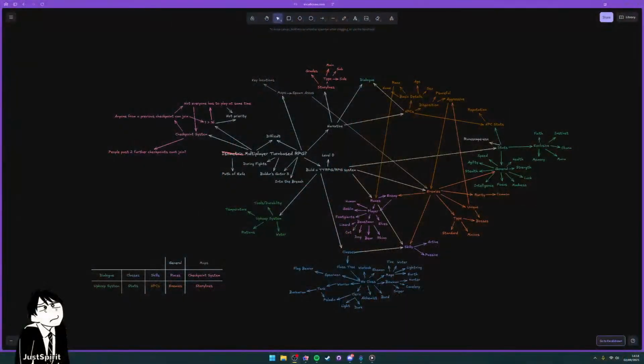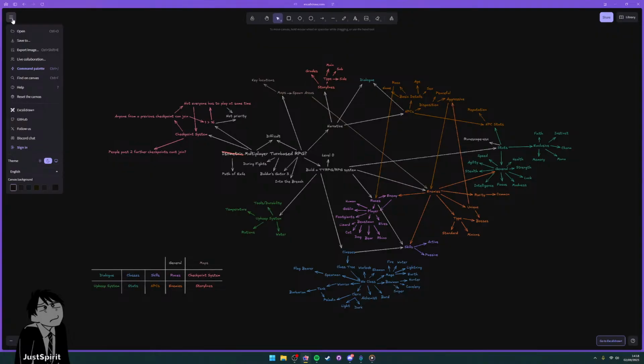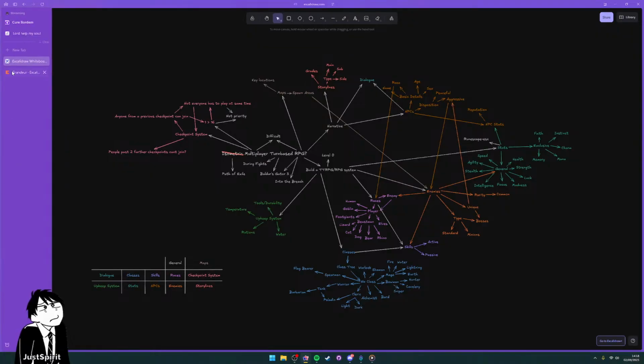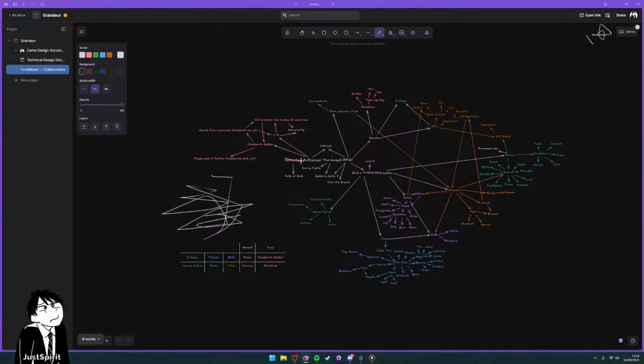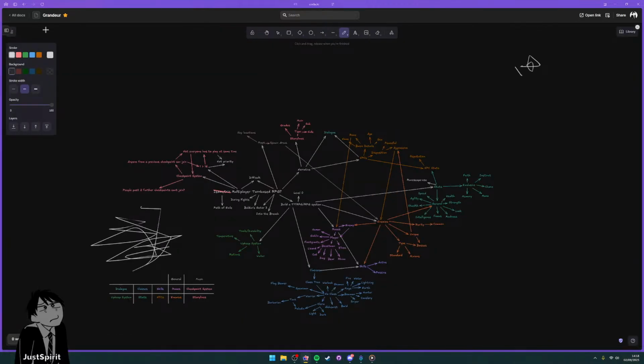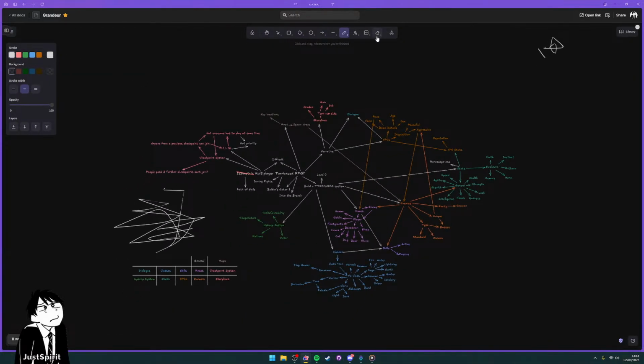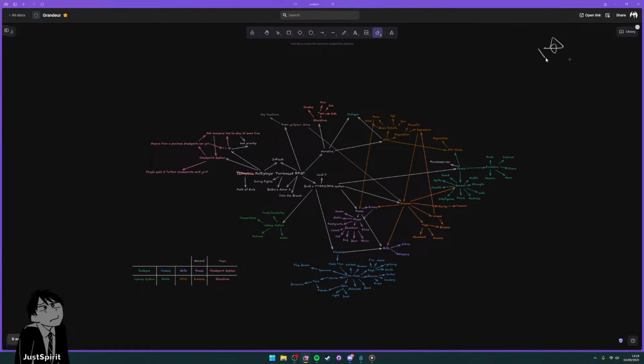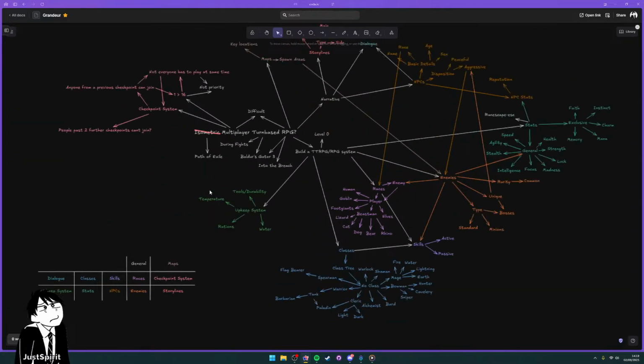So, yeah, I can either work on it like this, which isn't necessarily a bad idea. If I could get rid of that dot anyway. Yeah, I could always just work on it like this